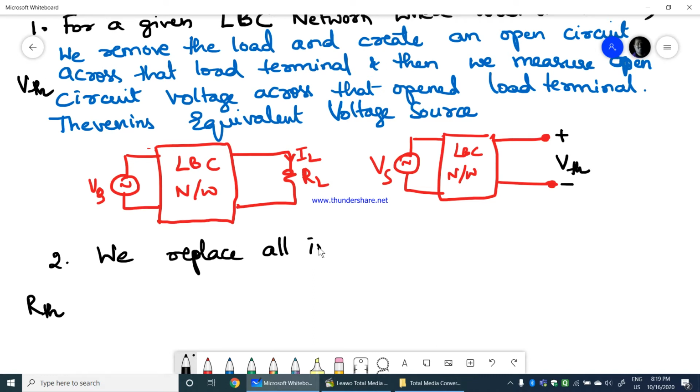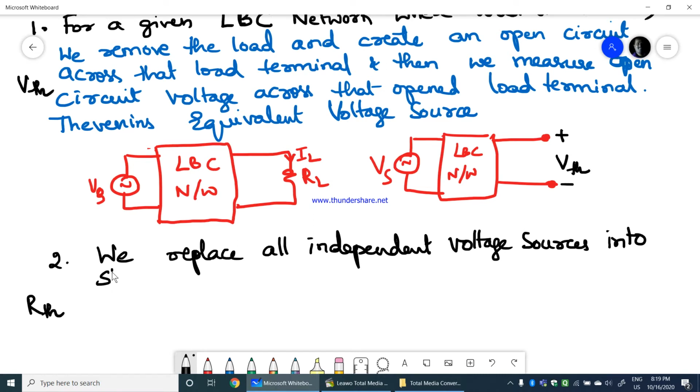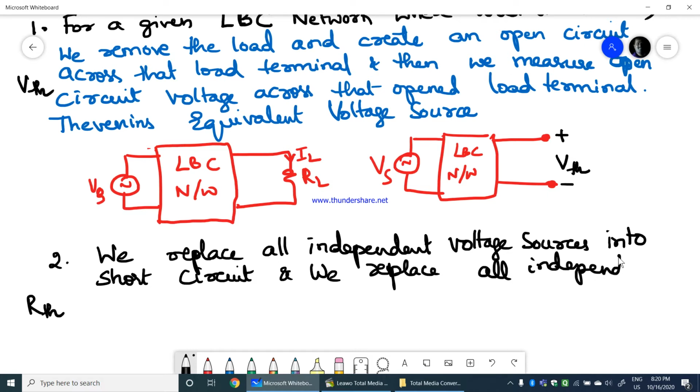We replace all independent voltage sources with short circuits, and we replace all independent current sources with open circuits,